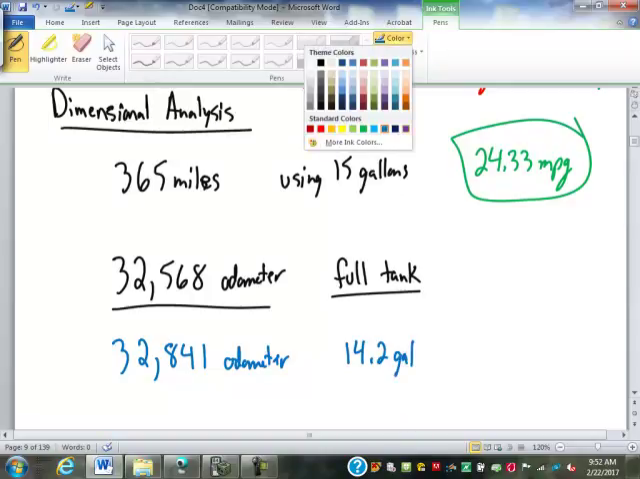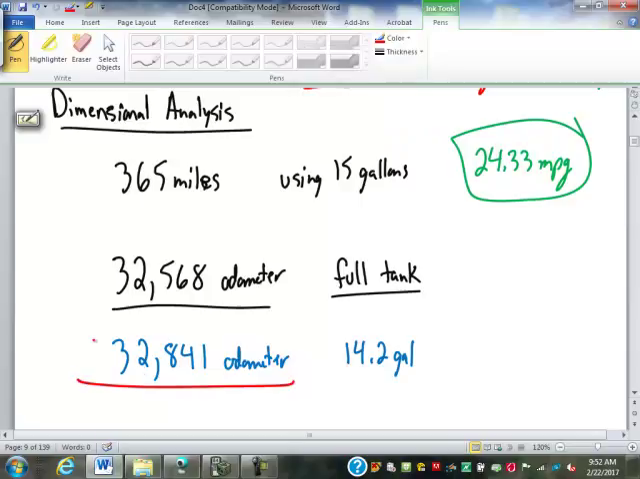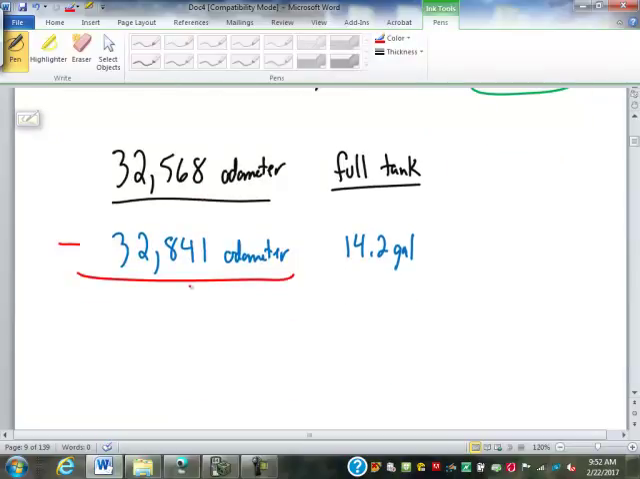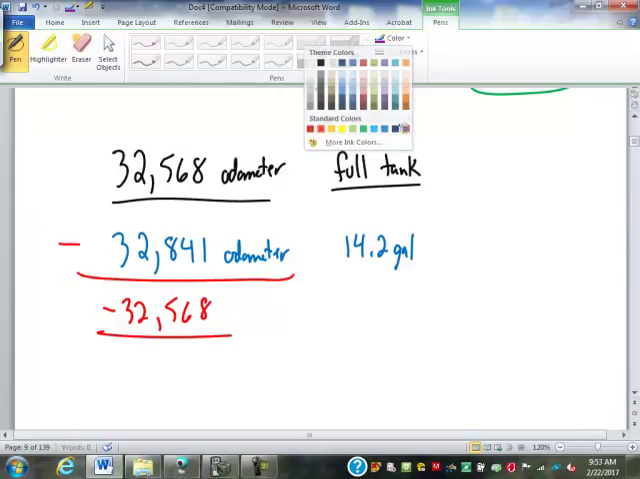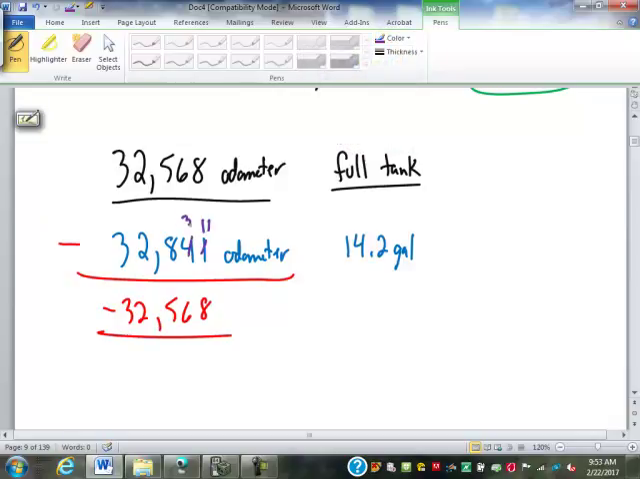So now what you do is you have to subtract these two odometer readings. Oops, I've got to subtract the other way. So I've got to subtract the 32,568 from the 32,841. So we get 273 miles. That's how far we went on 14.2 gallons. So 273 miles,